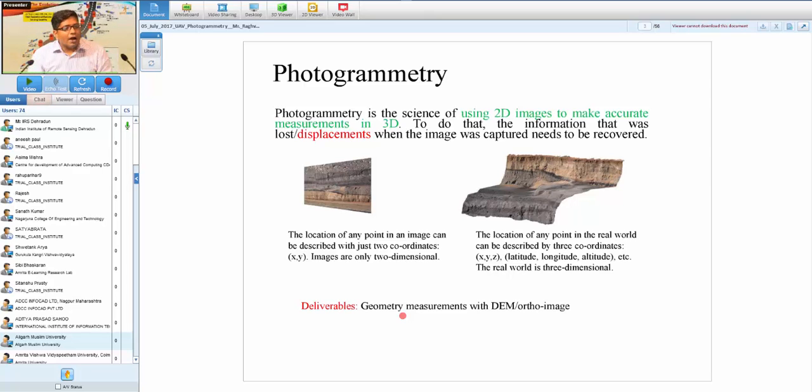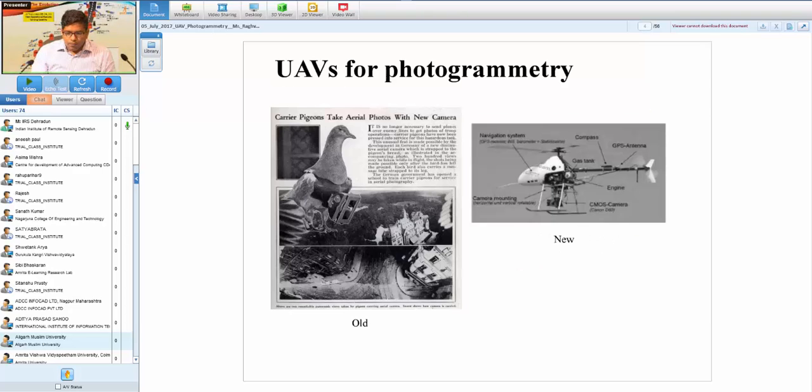So photogrammetry never aims to identify an object, rather it aims only to find out the geometrical lengths on the ground. Okay. However, an object can also be identified based upon its geometry. Like if I have to differentiate a tree from a building, normally buildings are rectangular in shape, a tree is irregular. So based upon the shape we can identify, but here we are not looking at the radiance or the reflectance values to differentiate the features. Okay. So having this basic understanding,